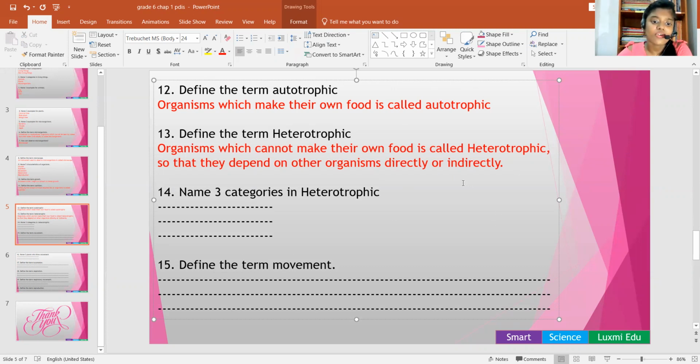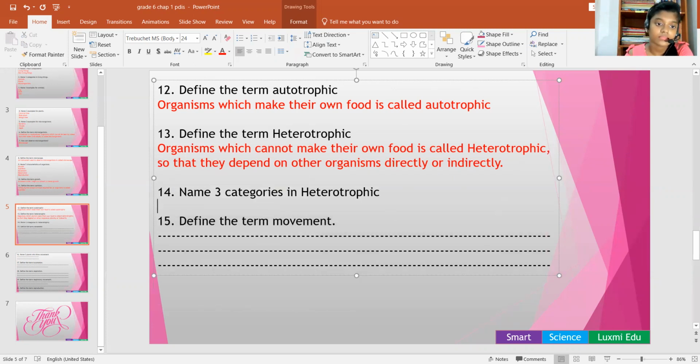So let's move on to the next question, 14th. Name 3 categories in heterotrophic. Yes, now we saw what is the meaning of autotrophic and what is the meaning of heterotrophic. Now we are going to see what are the categories. There are 3 categories. What are the 3 categories in heterotrophic? Okay, so the 3 categories in heterotrophics are